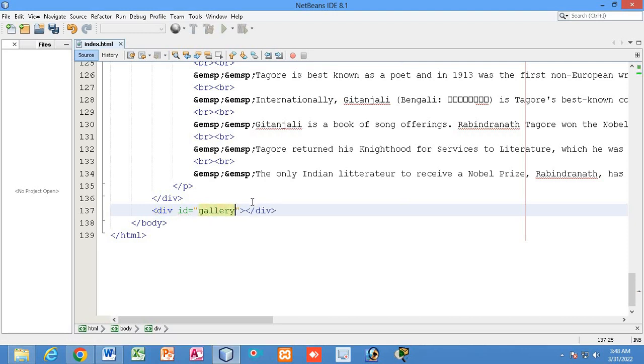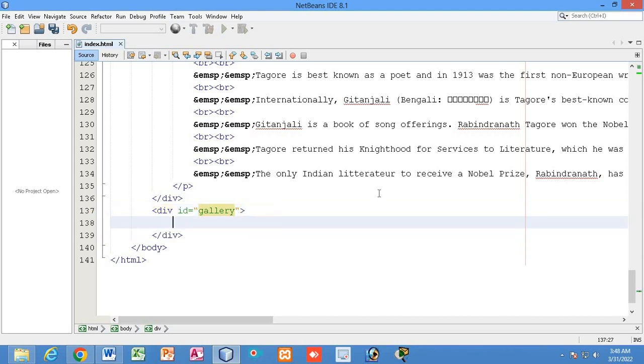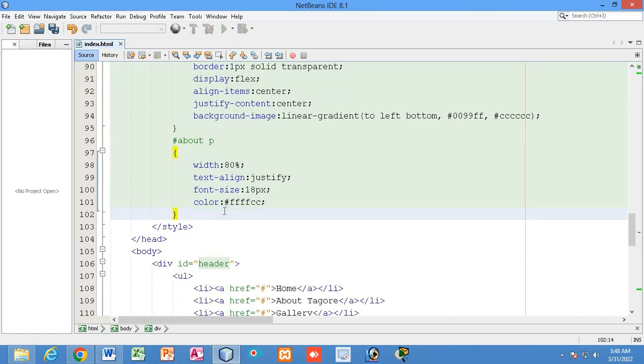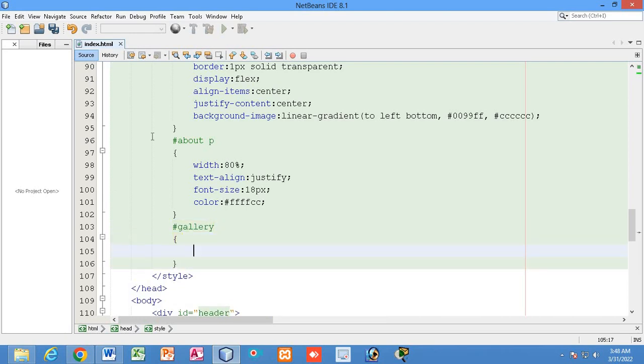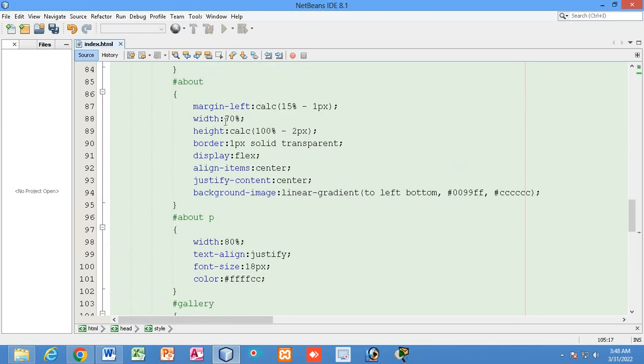So id equal to gallery. So just another gallery section. First let me write the CSS for the gallery. So this thing will be common, right? So these few lines will be common.